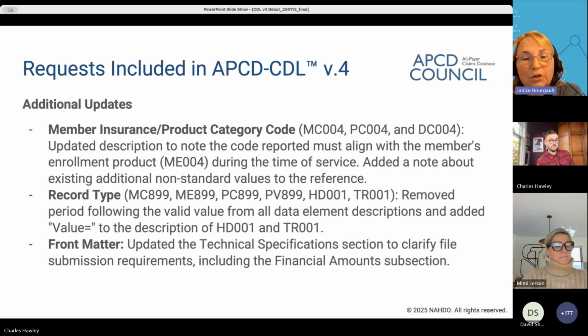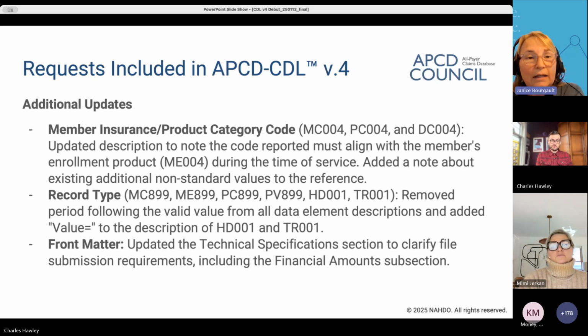And also there was a note made because there are non-X12 standard product codes included in the CDL, mainly to accommodate APCD specific reporting needs, such as there are multiple codes for Medicare Advantage plans, for example. There's the traditional code for HMOs, but then there were also others added for PPOs and POSs, for example.